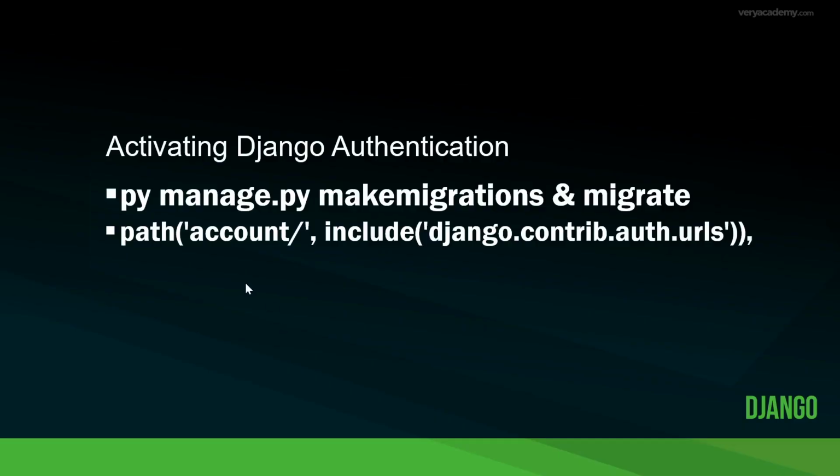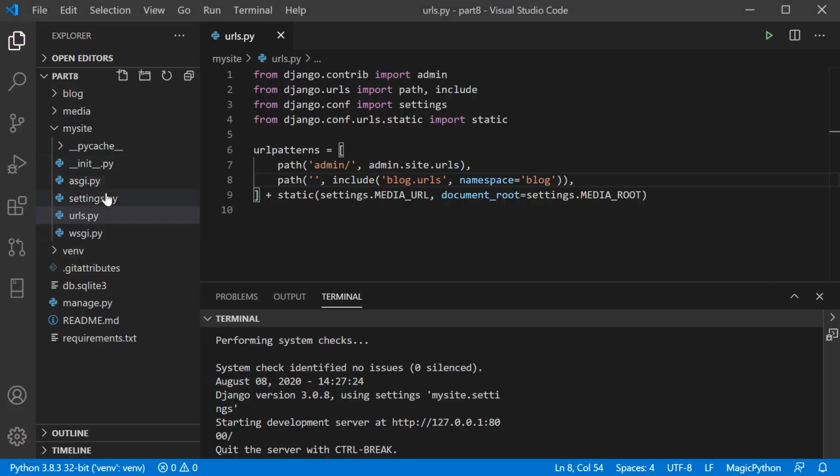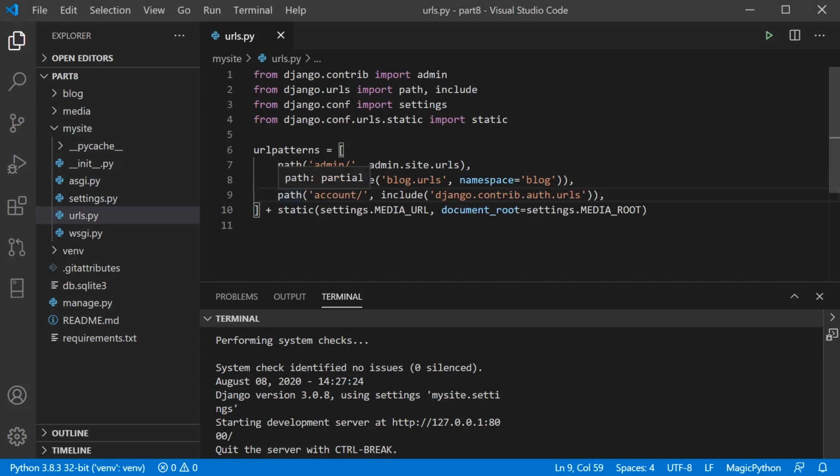As Django already has the tools and facilities for us to build upon, all we need to do is activate them in a very simplistic way. We're just going to go over to the main project, which is the My Site URLs, and we're just going to add a new path. Here we're basically just going to hook into the authentication space, and we're going to do that by creating a new path called account, and we're going to include the Django config of URLs. So this essentially creates 8 new URLs that we can utilize to start thinking about creating a login system for